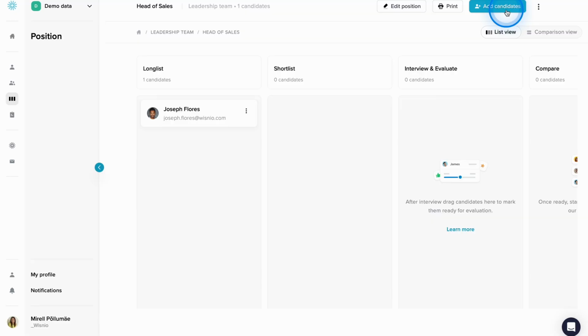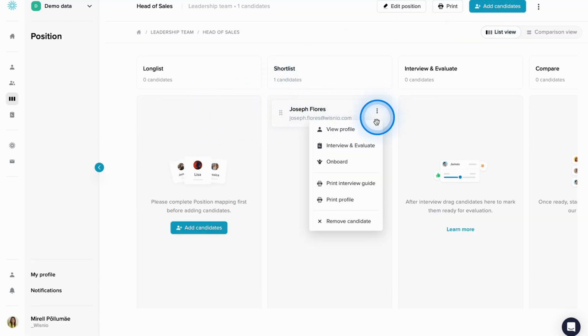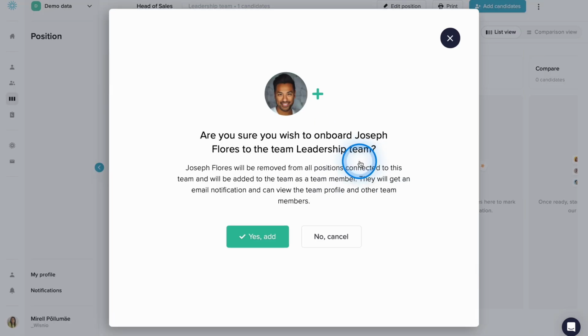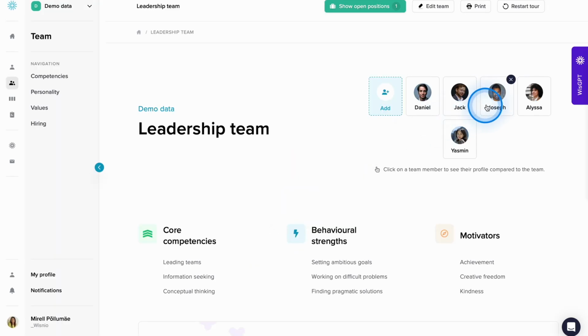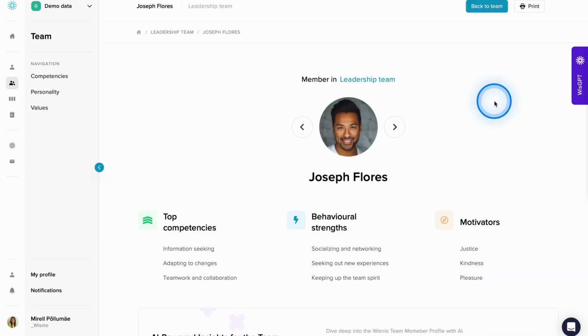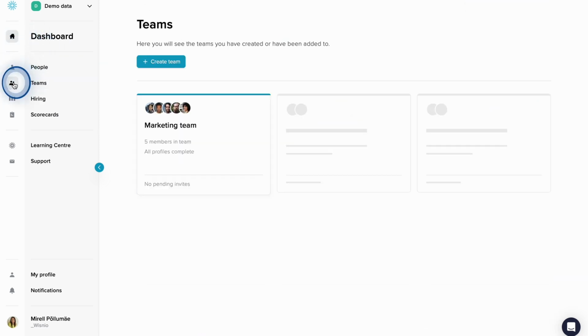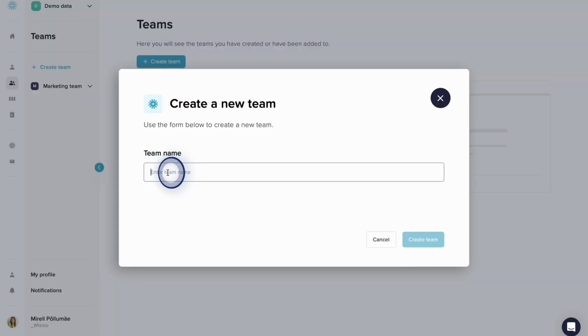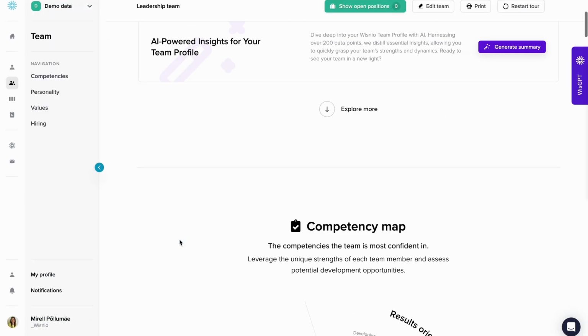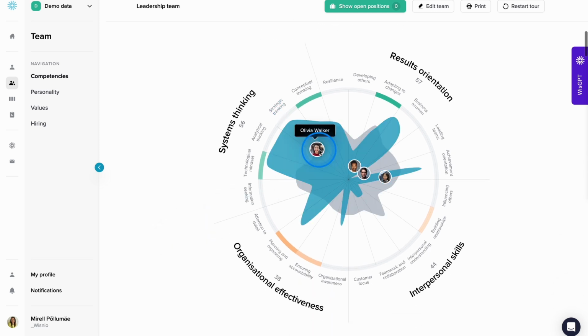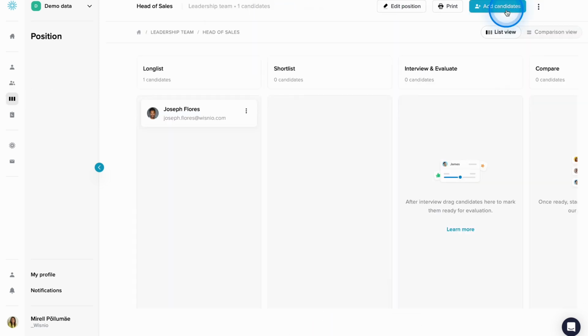Let's dive in. Onboarding is a critical step in integrating new team members and setting them up for success. Wisnio provides valuable insights and data to help ensure a seamless transition into their roles, while fostering strong connections within the team. To access the necessary onboarding data, the hiring team must first set up their profiles to create the team profile. Once the hiring process is complete, the selected candidate should be onboarded to assess how their addition impacts